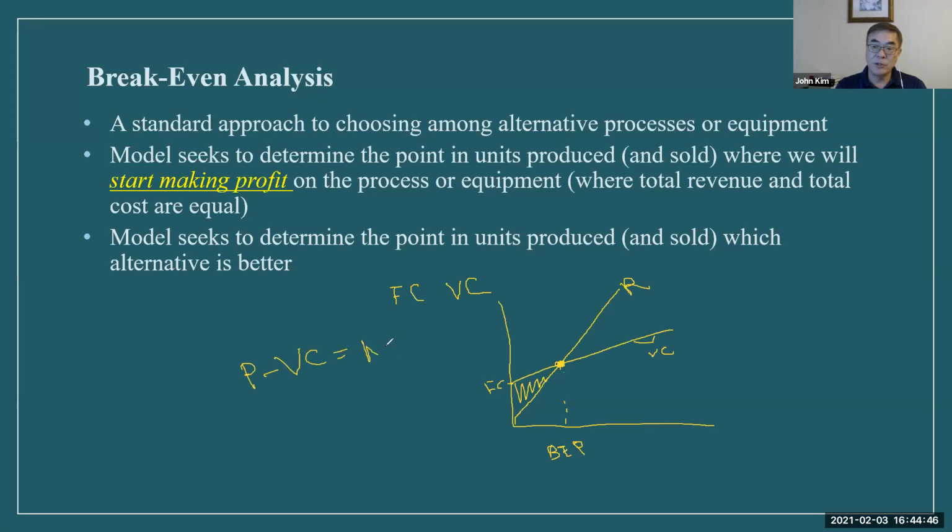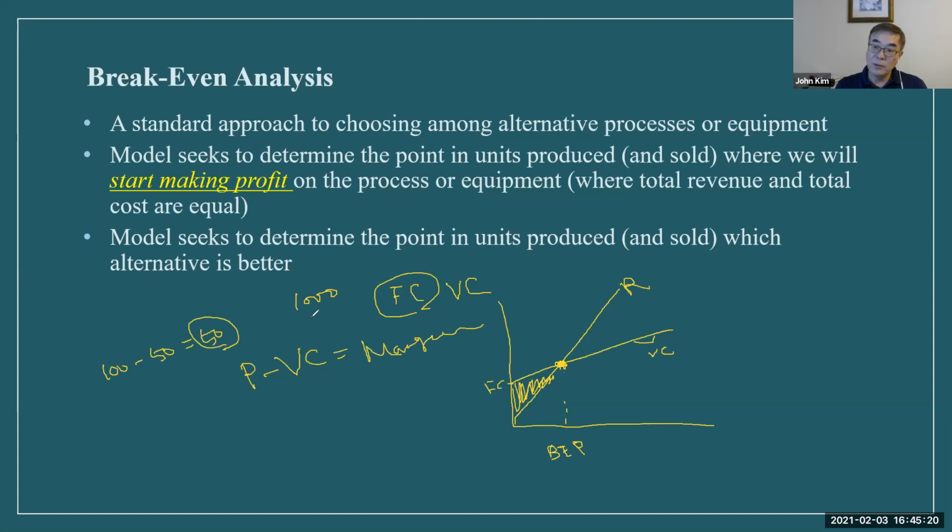We call that margin, or contribution margin. That means, let's say price is 100, variable cost is 50. So margin is 50. If fixed cost is 1,000,